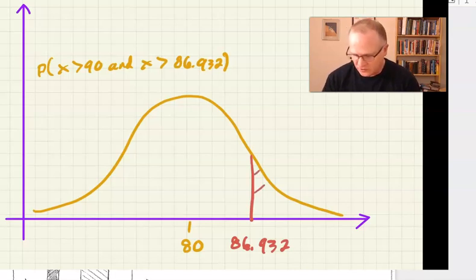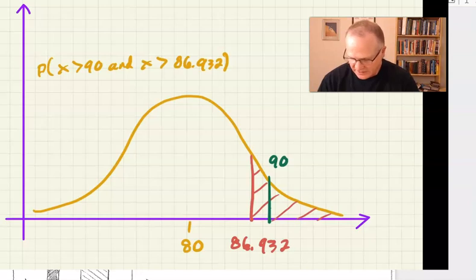So if I shade over to the right, that area that I've just shaded denotes the probability that I get a value greater than 86.932. Now I'm also interested in x greater than 90. So let's give that a new color because we can, and I paid a lot of money for this iPad. So if I go here to 90, and I shade to the right of 90,